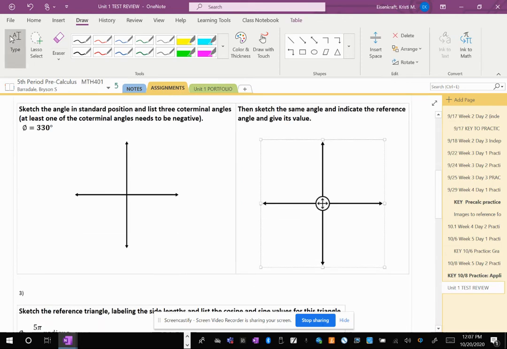All right, now we're going to sketch each angle in standard position and list 3 coterminal angles. At least one of them needs to be negative. So we have 330 degrees, all righty. So I know this is 360, so 330 is,